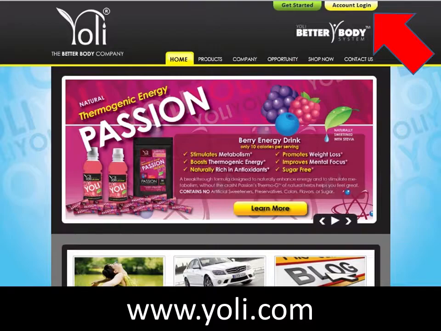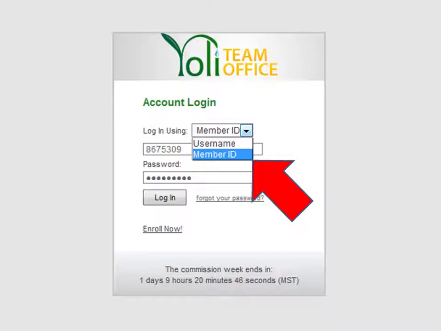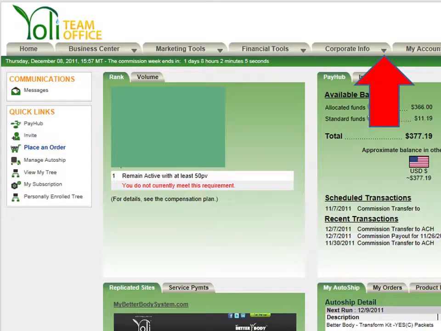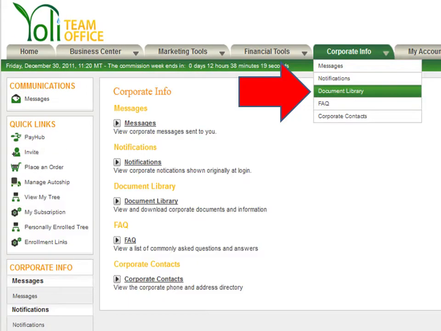First, we're going to go to Yoli.com and log into our account by clicking the Account Login button in the upper right-hand corner. This will take you to the login screen. Pull down the menu, click on Member ID, put in your member ID and password, and we're into the Yoli team office. Today we're going to use the Corporate Info tab by pulling down that menu and clicking on Document